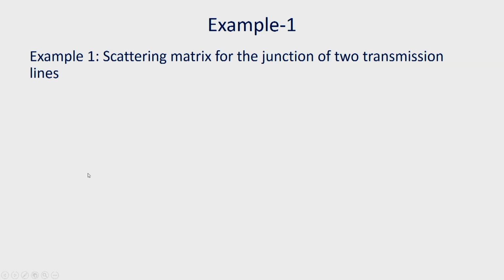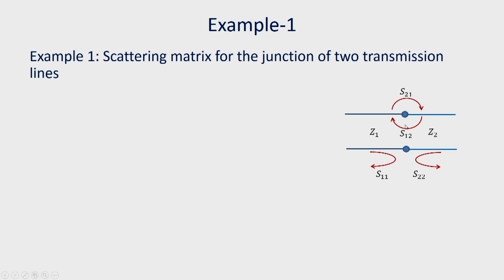Now, let us consider one example to explain some of the things that we have discussed in this lecture. So, we take this example scattering matrix for the junction of two transmission lines. It is shown here. Here you can see a junction between two transmission lines. This transmission line has a characteristic impedance of Z1 and this has characteristic impedance of Z2,